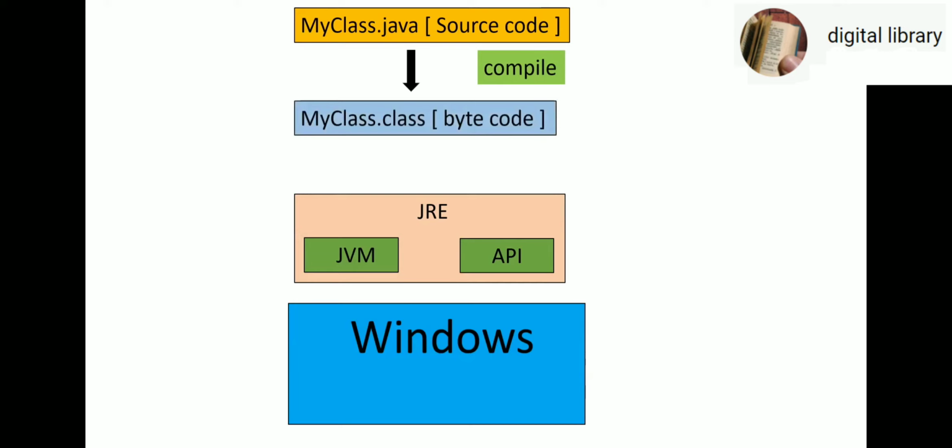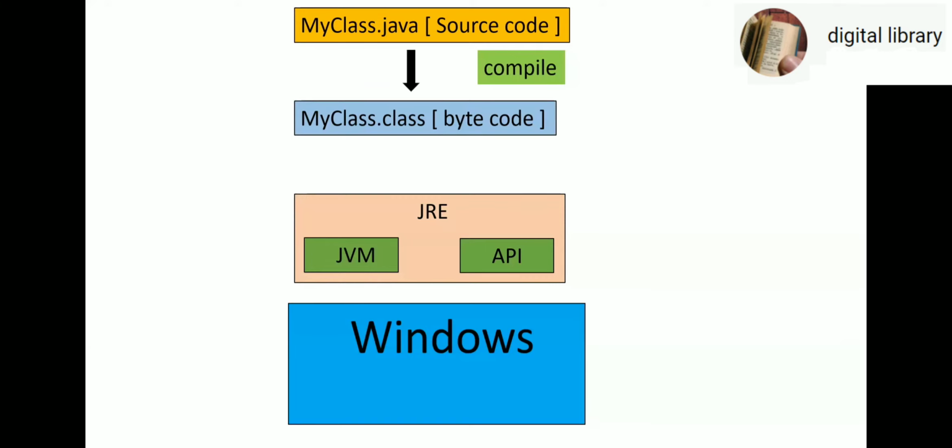Now in Java, when you compile the code, you get bytecode, and that is myclass.class. I repeat, when you write code in Java, it is called source code. That extension has to be .java. When you compile using the Java compiler, you get myclass.class, and it is called bytecode, Java bytecode. So Java bytecode is nothing but the compiled version of that source code.